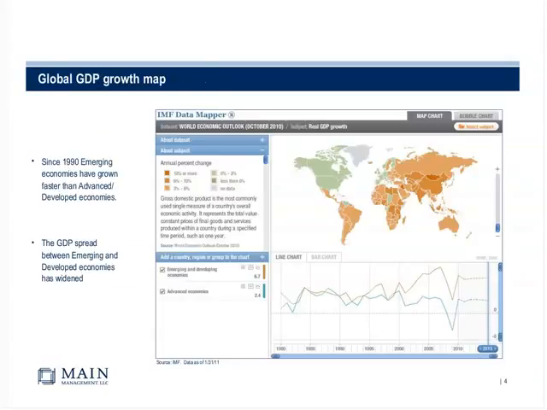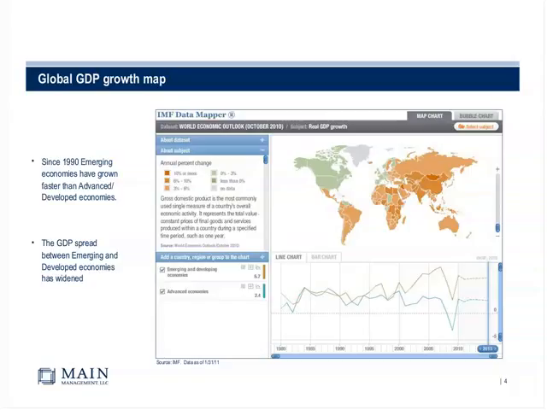So let me dive into how we approach this. We start from up at the macro level at 30,000 feet, and we work down, and eventually you get to the bottom and do a bottoms-up analysis. Starting from the top down, here's a global GDP growth map. This is from the IMF. It's a free site. Anyone can go and pull this. And if you look in the lower right-hand corner of the panel, you can see the emerging and developing economies that are projected to be growing close to 7%.